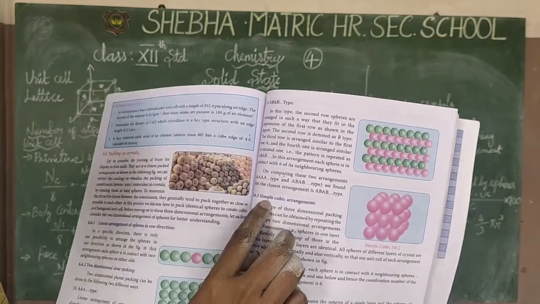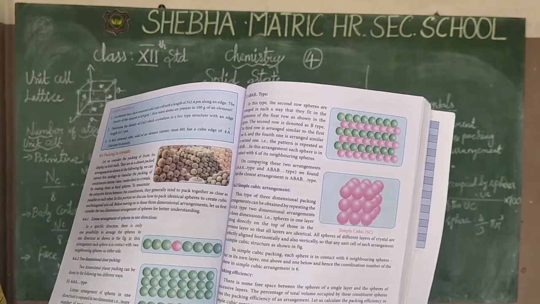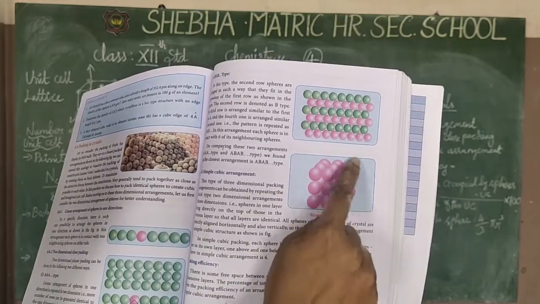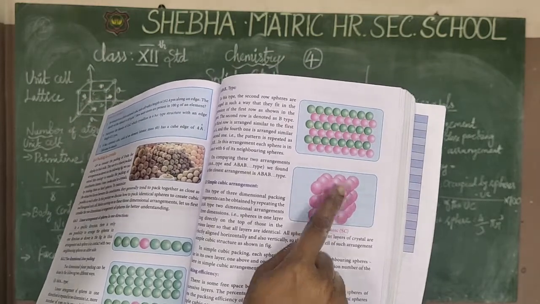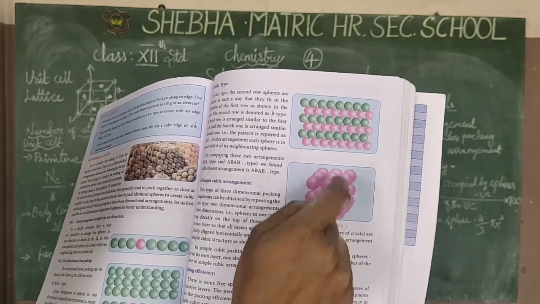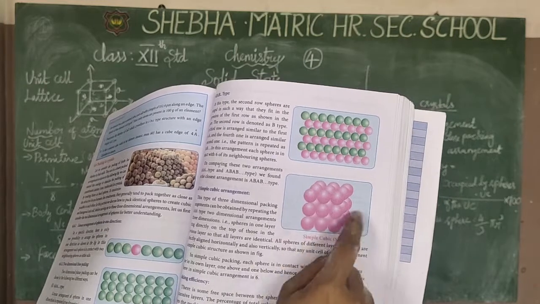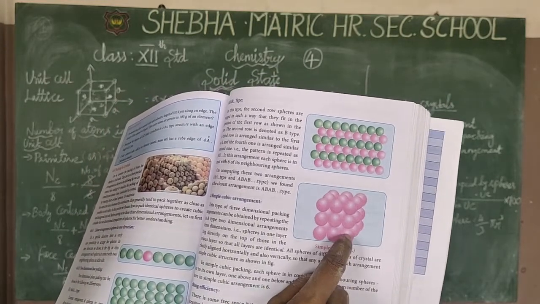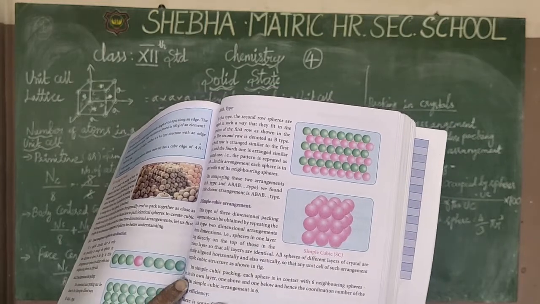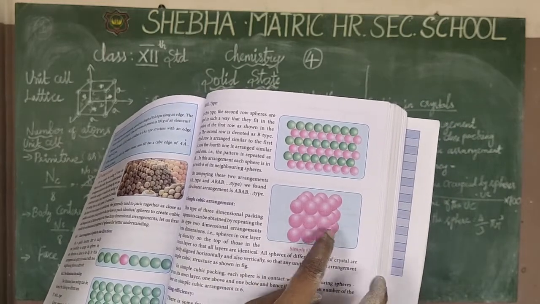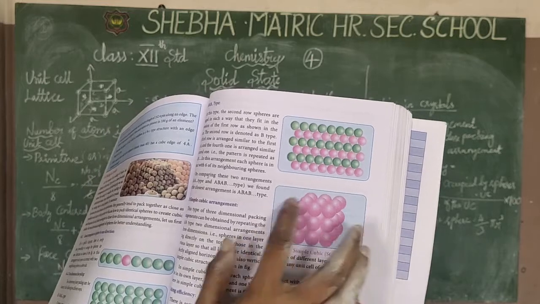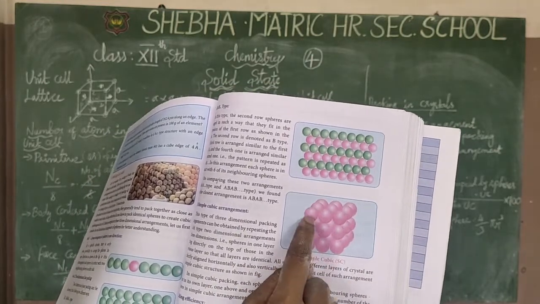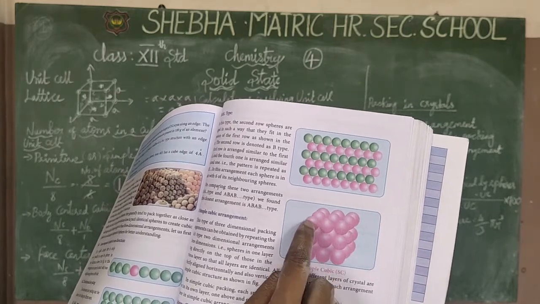Then go for the simple cubic arrangement. Simple cubic, it looks like a cube, no? You have to notice that it looks like a cube. It's the flat type only, but compared to this, it is like a cubic unit cell. In this cubic unit cell, it contacts how many atoms? You just consider 1 2 3 4 5 6. Don't compare with that type of arrangement. You have to arrange it dimensionally: 1 2 3, that is alpha, beta, gamma.